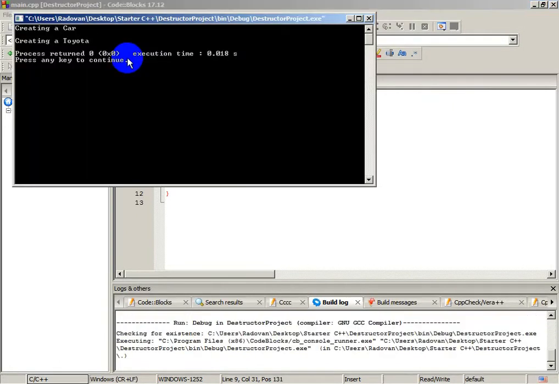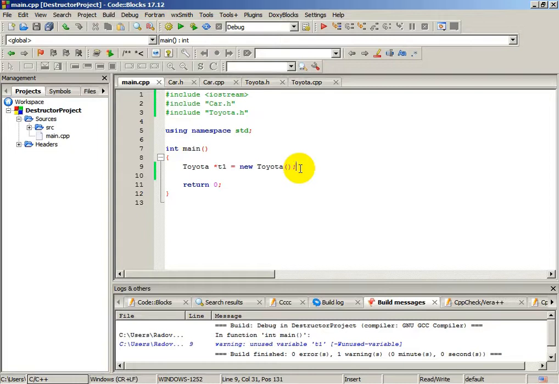As you can see, we have creating a car, which is a constructor, because car is our base class and Toyota extends the class car. We have invoked a constructor from the base class, which is creating a car, and we have invoked a constructor of the derived class, of course, creating a Toyota. And now, if we delete this object T1 from the memory,